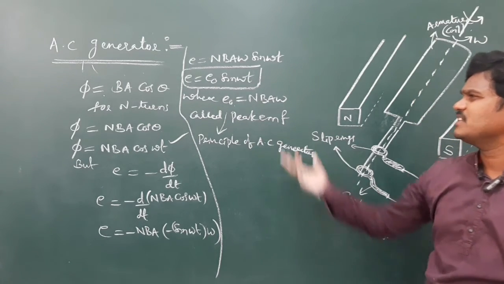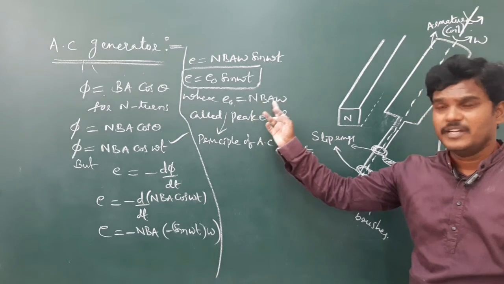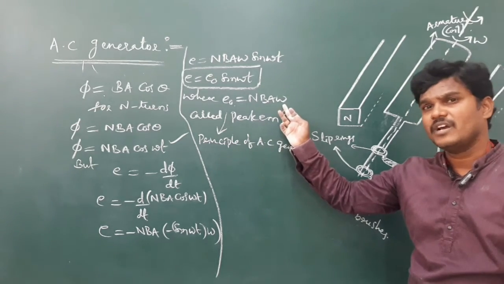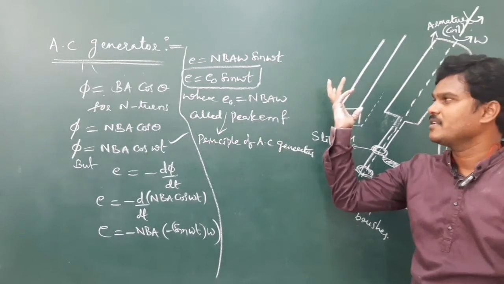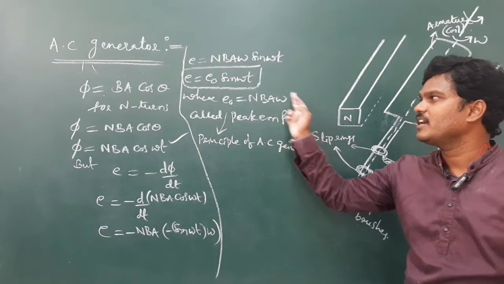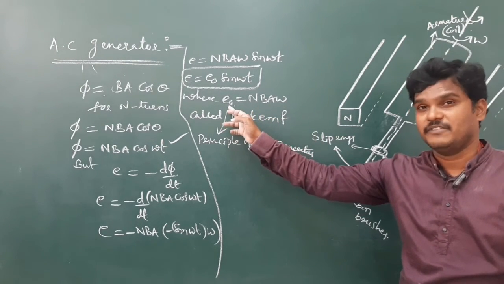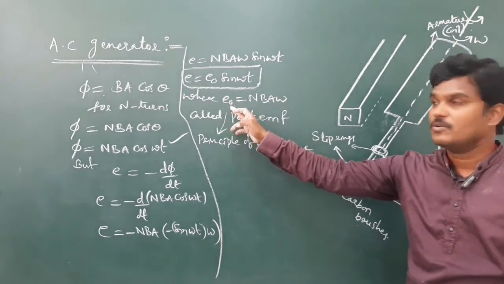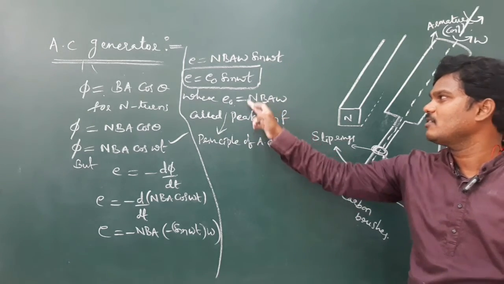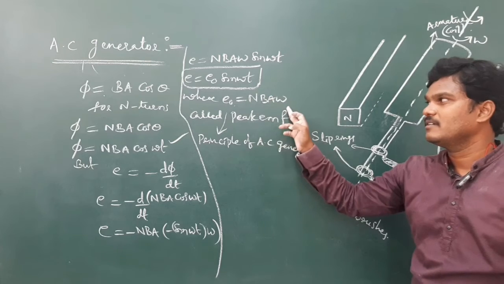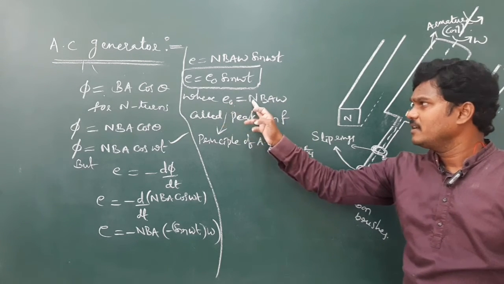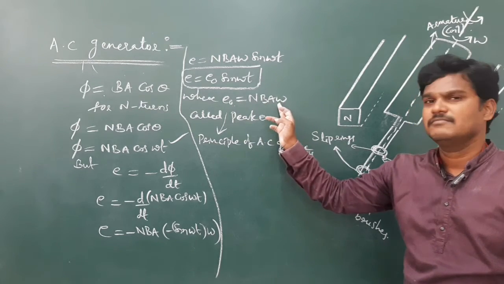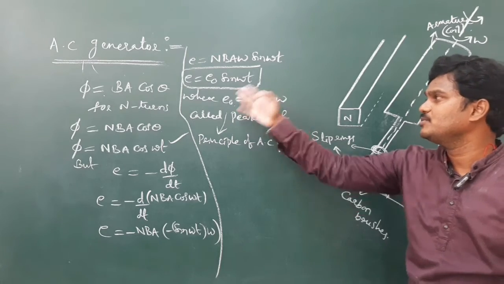In some basic problems they may give the number of turns, the B value, the area, or otherwise the radius or the diameter, and they give the omega in terms of RPMs or radian per second. If they give all these values, we can find the peak EMF by multiplying all these. So solve some basic problems. Identify what they have given. They may give peak EMF, number of turns, area, omega, and ask you to find B. Out of the five, they may miss any one, which you can find by using this formula.